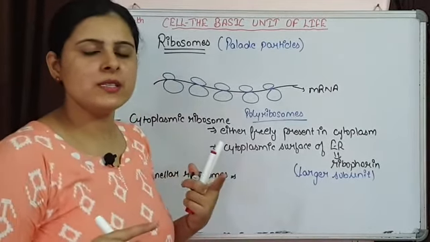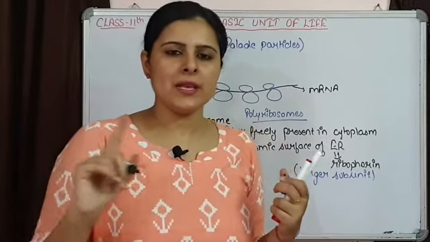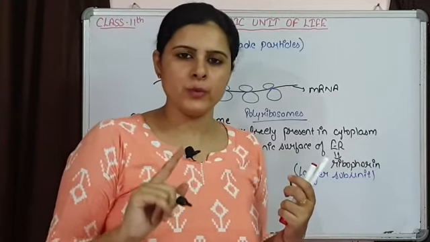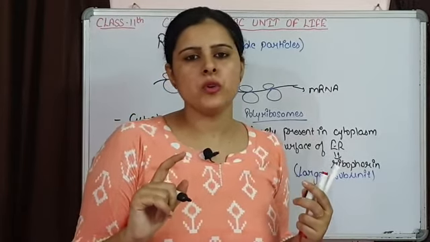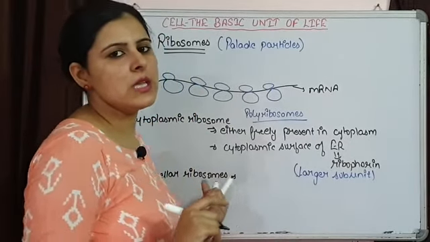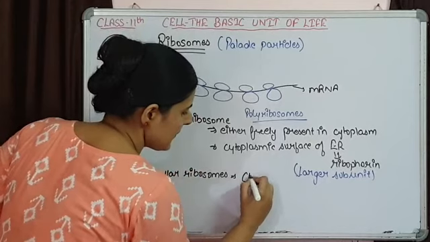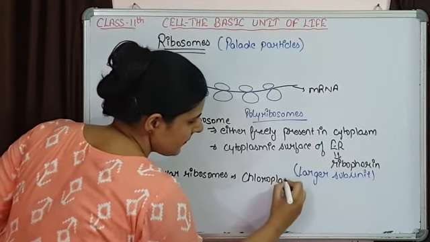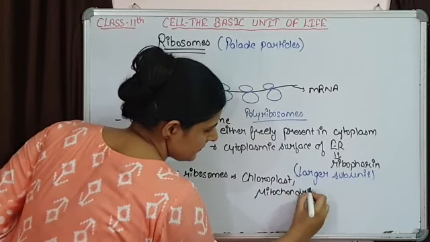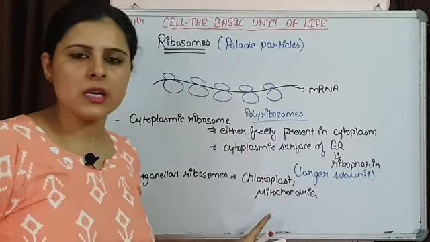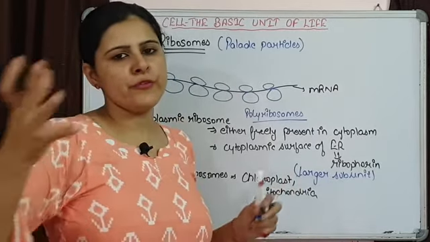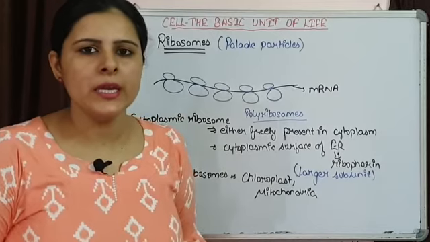हमने प्लास्टिड्स भी डिस्कस किए हैं and the most important plastid is chloroplast, and we talked about that this chloroplast is having ribosomes and mitochondria is also having ribosomes. So जो organelles में ribosomes present होते हैं, these are organeller ribosomes. They are present in chloroplast and mitochondria. In chloroplast 70S ribosomes are present and in mitochondria 70S is there, but 55S ribosome can also be present.